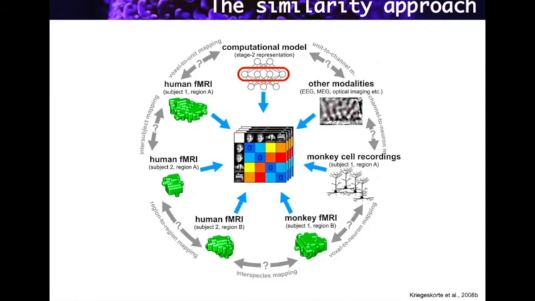So, to summarize, the advantage of a similarity approach is that it provides a very flexible and very simplified way to compare predictions derived from different techniques. For example, one can even use computational model outputs to see how they fit to real recordings on brain imaging techniques such as fMRI or EEG, as we're going to talk about later. One could also compare the extent to which monkey neural responses fit to what humans do, as in the example I mentioned before, and so forth.